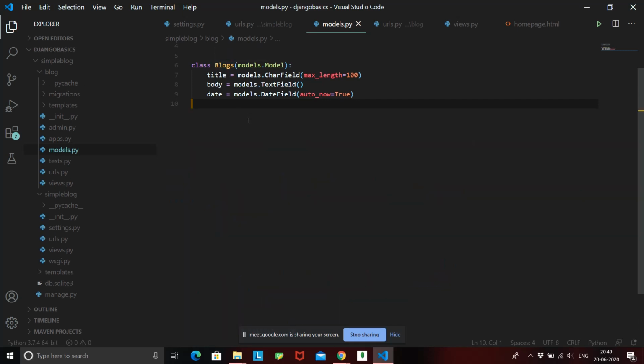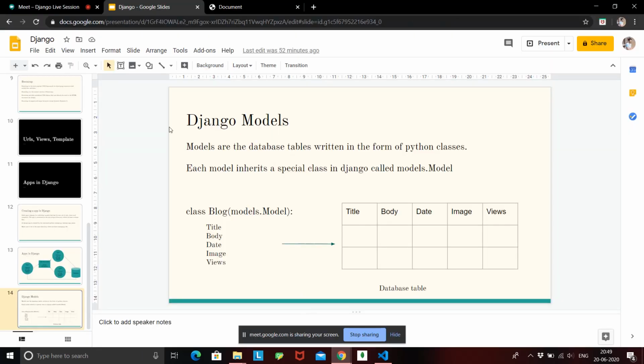So is it clear to everyone? Go to your models.py file. There create a class called Blog, inherit it from models.Model and create 3 attributes to it, or I'll say 3 fields to it. Okay. So this is how you create models in Django. That is, you write a class, then you migrate it into a table that is stored inside your database. Now you can store various blogs sequentially into this table.